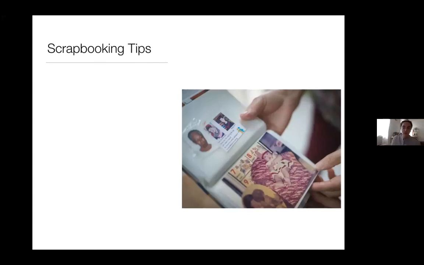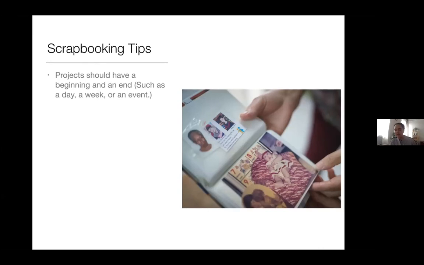So, scrapbooking tips. Projects should have a beginning and an end. This is a pretty big one. When we're creating with our child, we want them to feel accomplished, and we want to feel accomplished too, right, as adults. So projects should really have a beginning and an end. Do something really manageable, something that you can actually start and finish.